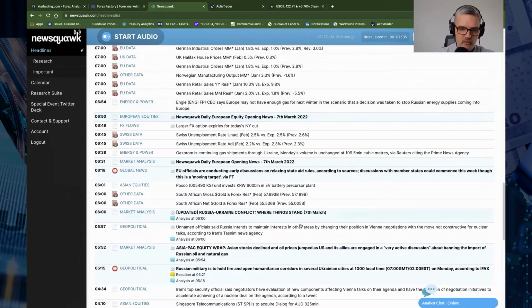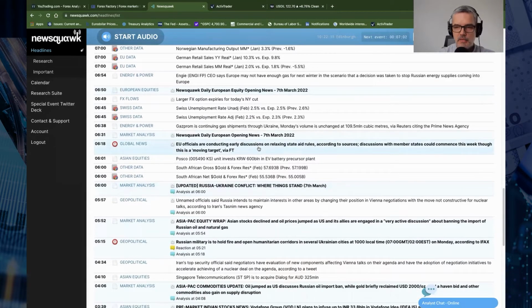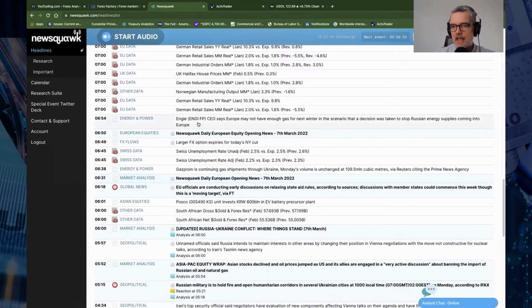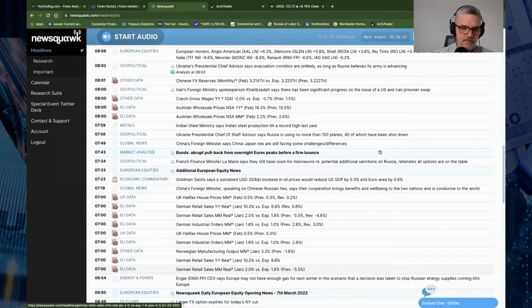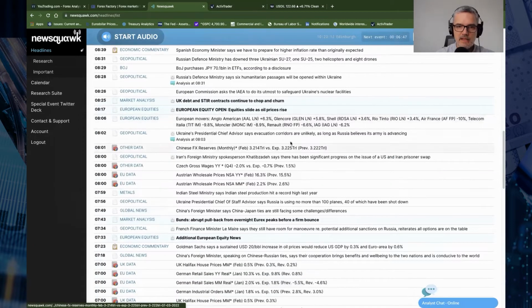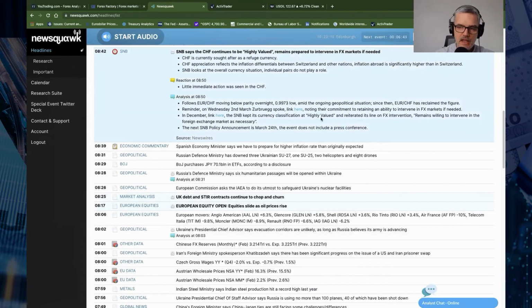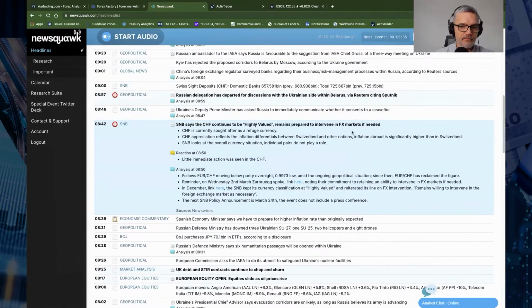So if we see that any of these pipelines that run through Ukraine, or Nord Stream 1, is turned off, then the European energy suppliers are saying that there just might not be enough gas come the winter. So that's going to be a major worry. But the paradox is, if we keep taking oil and gas from Russia and trying to fight them, then we're basically funding the Russian war effort.